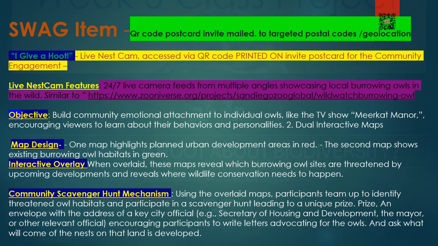So, like, maybe the Secretary of Housing and Development for the community, or the mayor, or any relevant official that's going to have any part to do with urban development or have anything to do with the ecological protection for the area. And then the goal is anybody who gets to that point is going to write that letter and mail it to their official. And what this is going to do is raise awareness on the political side of things